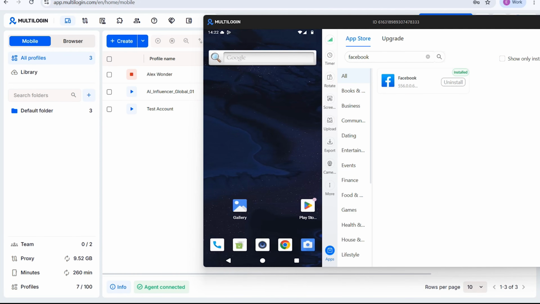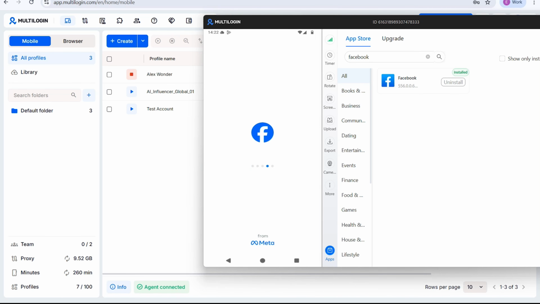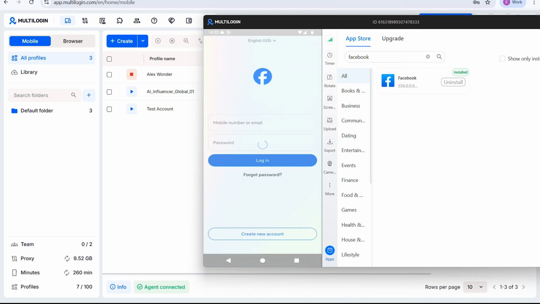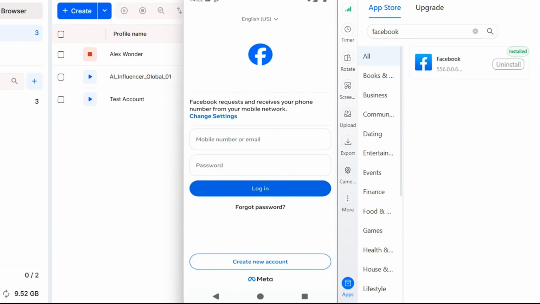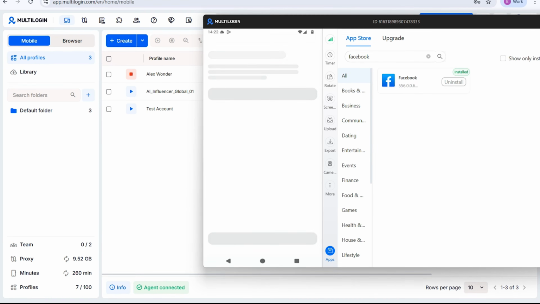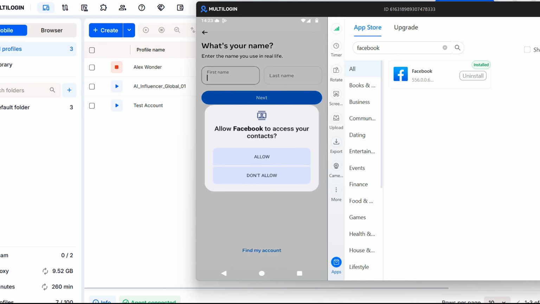Once a profile is created and launched, it opens as a separate environment based on the device you selected. In this case, it looks like a mobile device with access to the Play Market. From there, you can install the social platform you need, for example, Facebook, and then create or log into your account directly inside that profile. So instead of switching accounts manually, you are basically running parallel devices from one system, which saves a huge amount